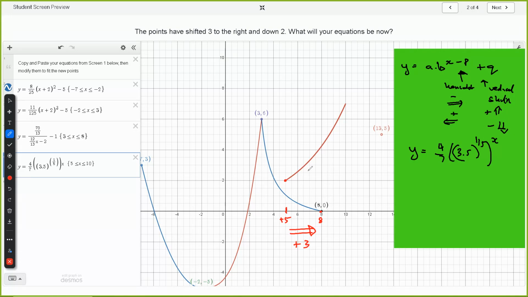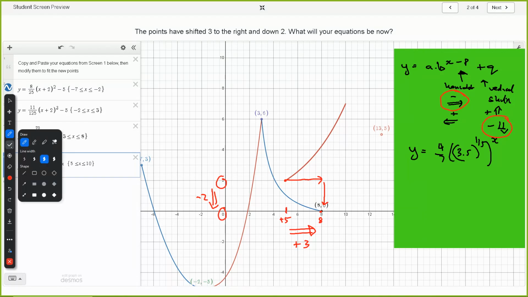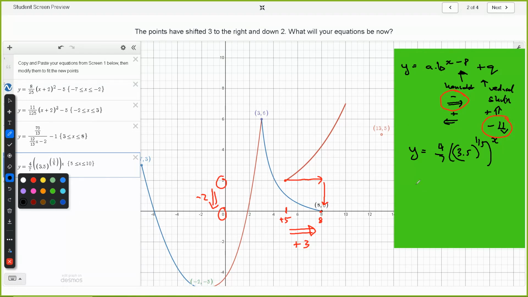Okay, and I also need to go down. Once I've moved this way, I need to now move down from 2 to 0, in which case it will be minus 2 for me there. So I would want to utilize the negative down here, and I want to shift it right, so I would make it more negative on that side there. Then the original transformation of the point P